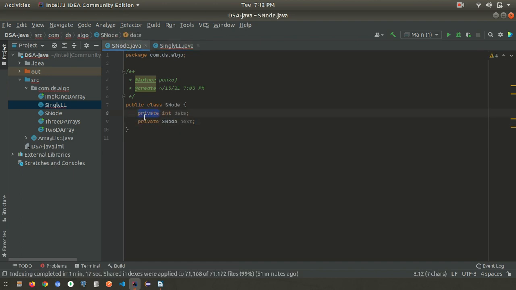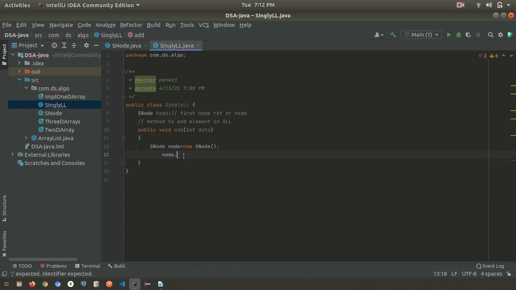It is a private variable, we can't call it outside this method, so let it be default for now. Okay, now we should be able to call node.data equal to data. So we are overriding this data; we don't want 0, we want actual data. So whatever data comes, we are just going to store it in this node.